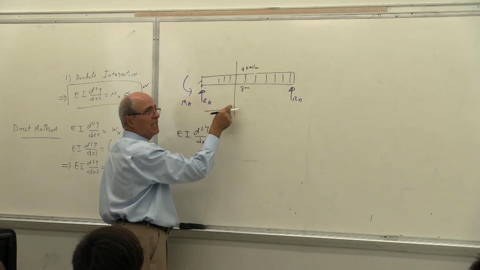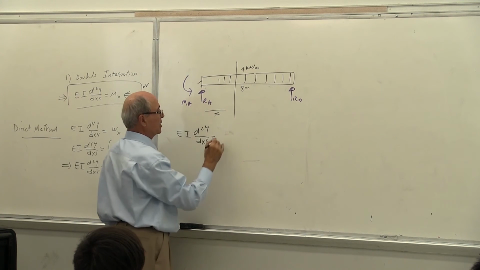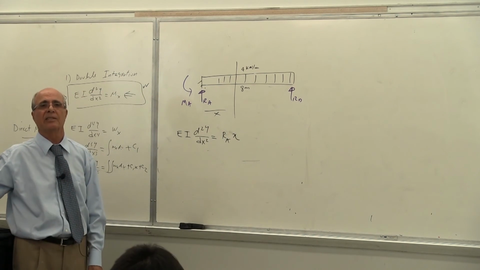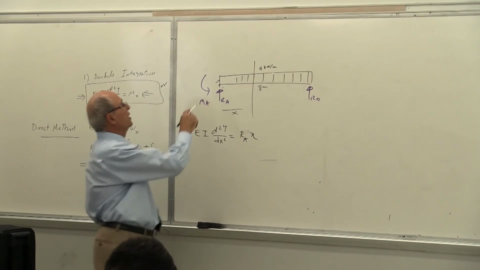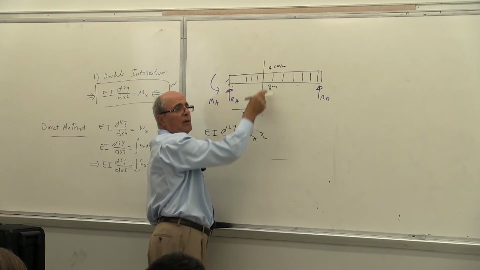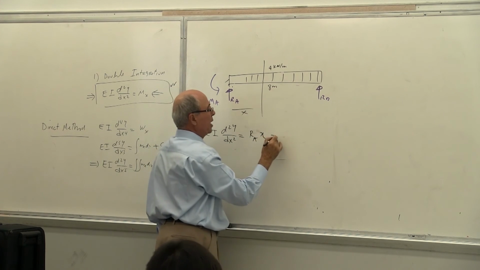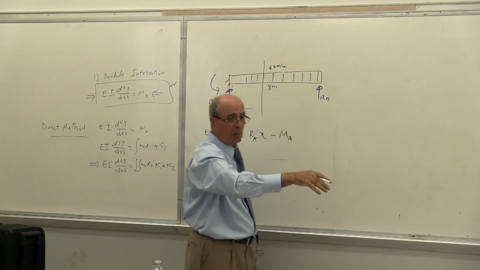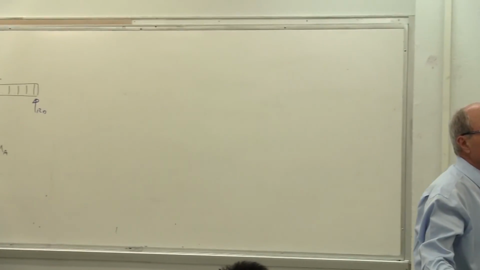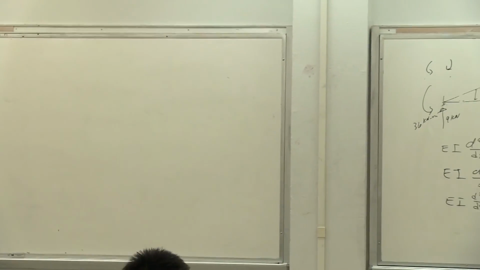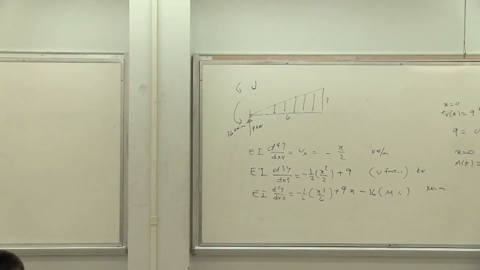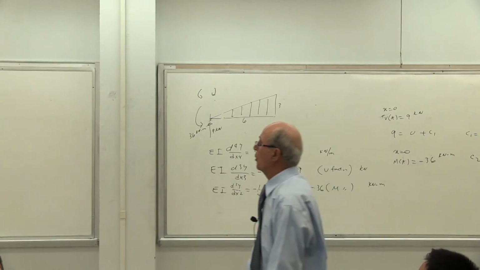The action is negative, the reaction is positive. RA times x. Granted, RA is unknown yet. Is that correct or not? Yes? Then what? What's the effect of MA? MA is going positive, I want a negative. So minus MA. If you recall in the other problem, the other one we wrote minus 36. Here I don't know the value of that. I have to write minus MA. Is that correct or not? Yes? The other problem was 36. Do you remember? Yes, yeah. The determinate one, right? Okay, then what?